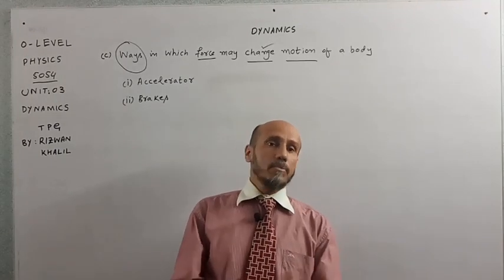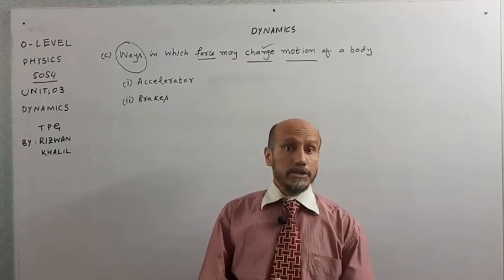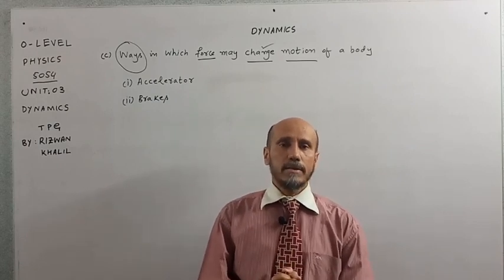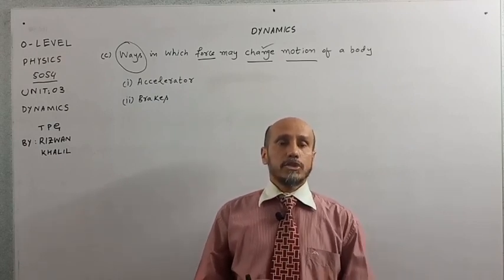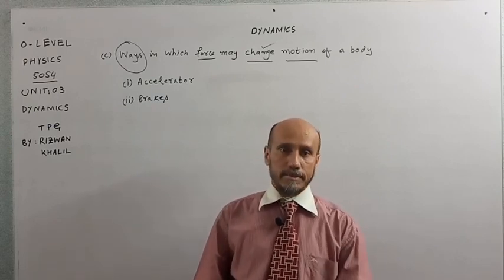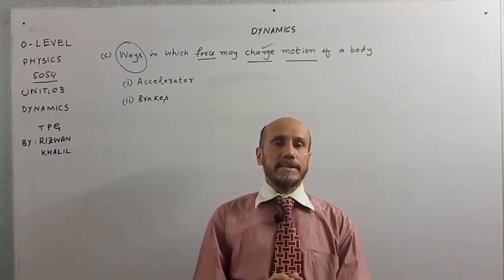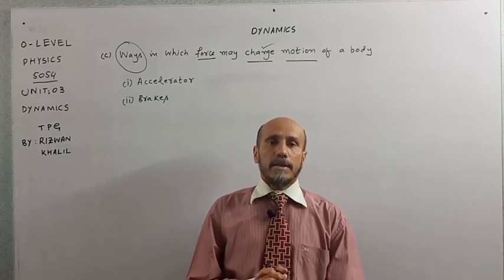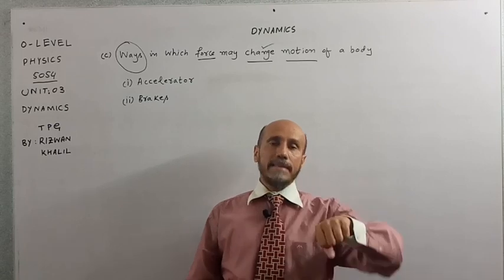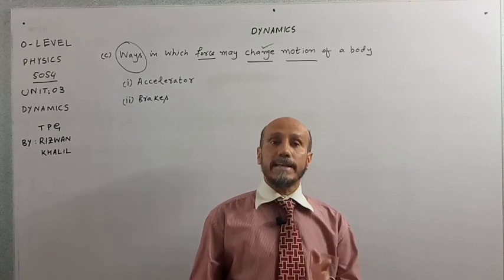The next learning outcome of this unit is very interesting: we have to discuss the ways by which a force can change the motion of a body. What does it mean? That how we can change the motion of bodies, and we have to discuss those ways or those methods. I will consider an example from daily life, and that is the example of a car. In order to move the car, definitely first of all we have to switch on its engine, apply the gear, and now in order to move the car, what will we do? What will be our next step?